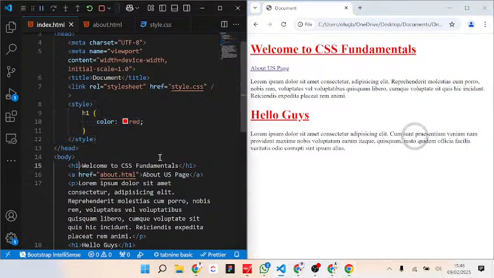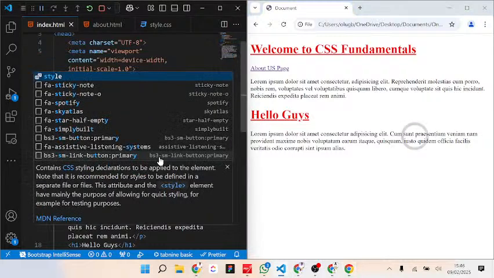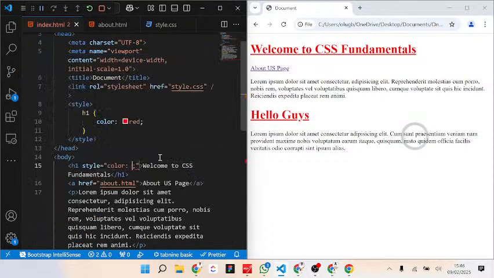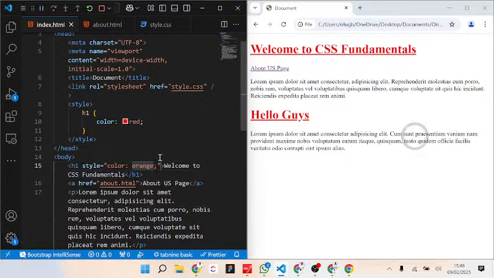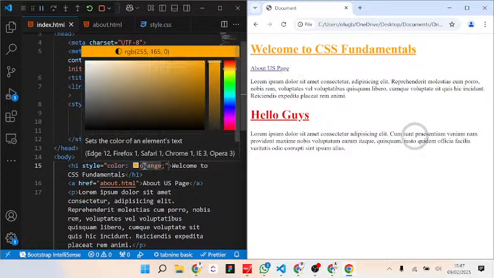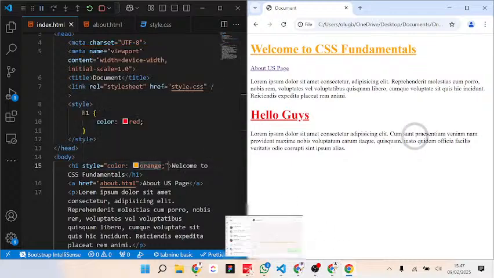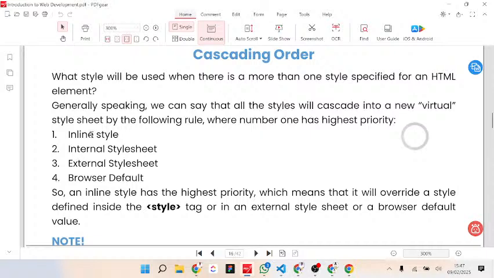Now, what if I do inline? I will say style here, then here I will say color. Let's say I put orange. The very minute I refresh here, can you see the difference? Now, this is happening because on the cascading order, let me show it to you. On the cascading order, inline styling is at the top priority